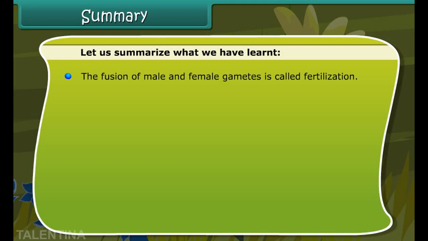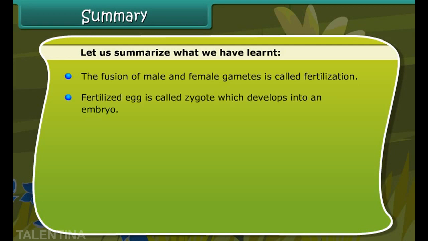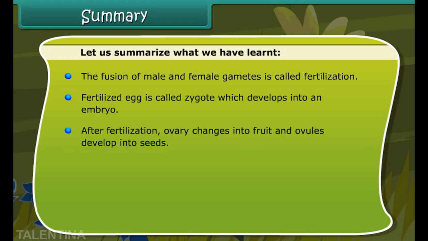The fusion of male and female gametes is called fertilization. Fertilized egg is called zygote, which develops into an embryo. After fertilization, ovary changes into fruit and ovules develop into seeds. Seed